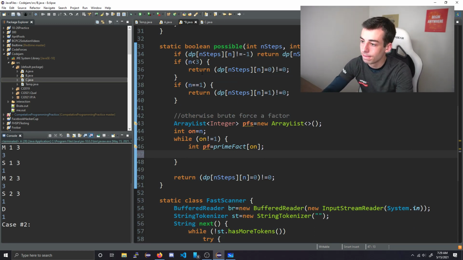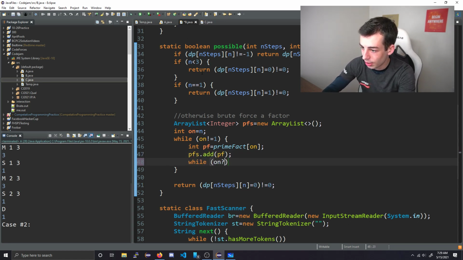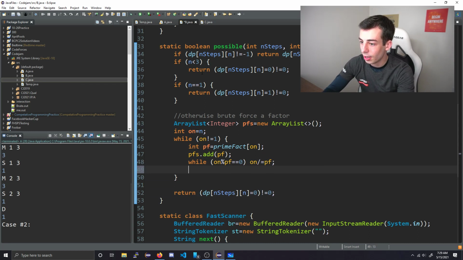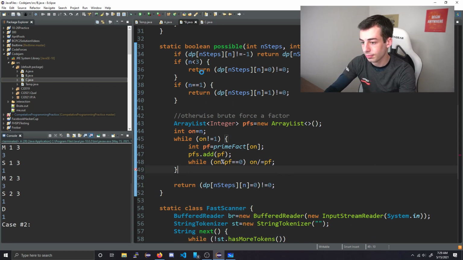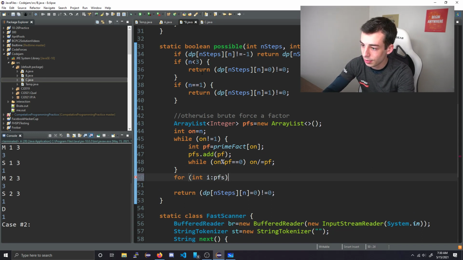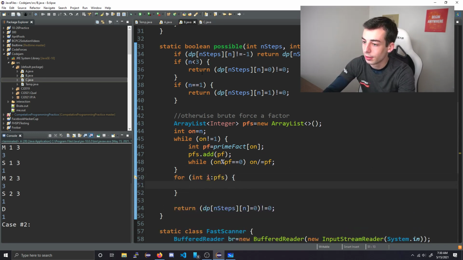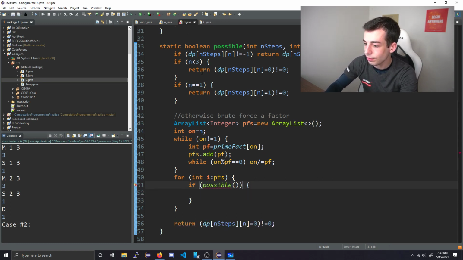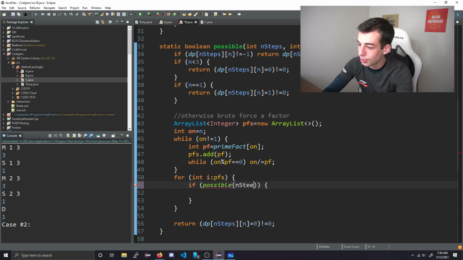Okay. Pfs add this one while on modulo pf equals 0, on divided by this thing, and then we're good. Okay, so for int i in pfs, we can say, if possible, how many steps? N steps minus 1, n minus i,